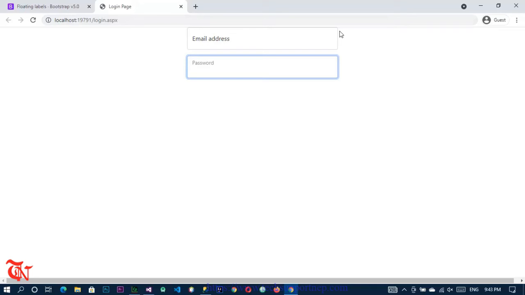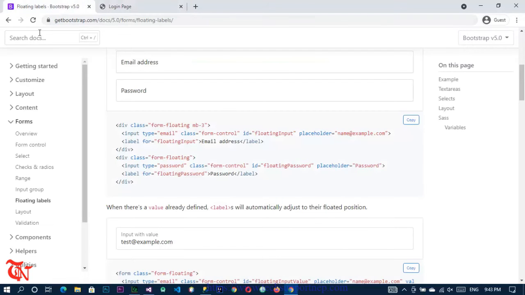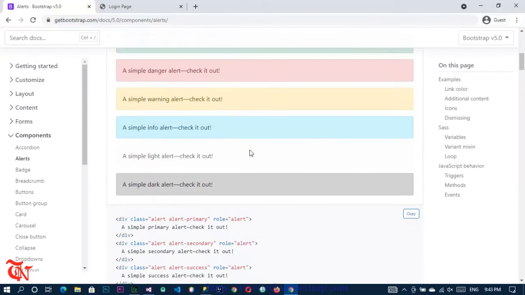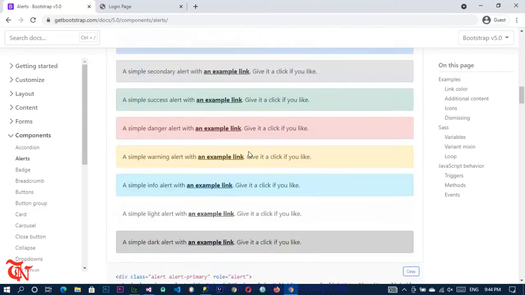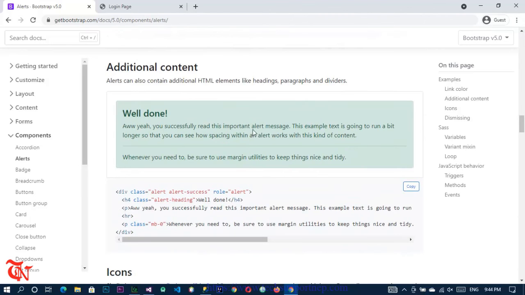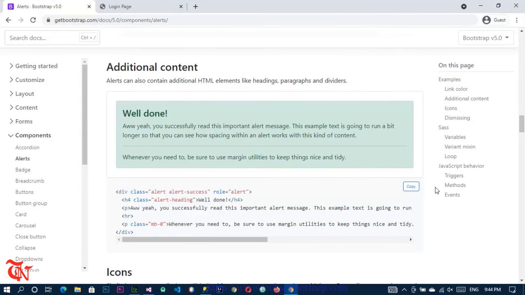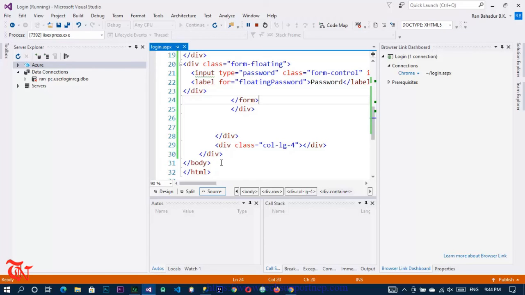So in order to display that, go back to the Bootstrap site, and here you can see the components, and we are going to display the alert box. So scroll down, and here you can see different types of alert boxes, and we are going to use this one because this is pretty good. So simply copy and go back to Visual Studio,